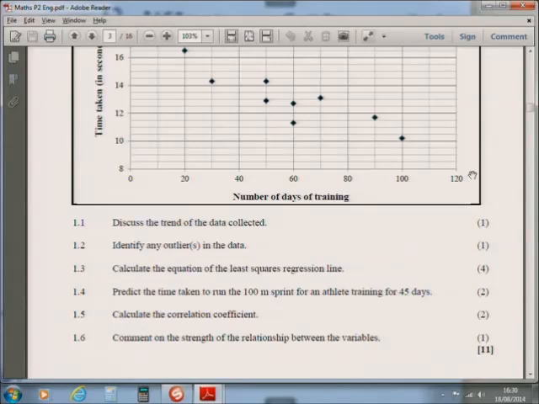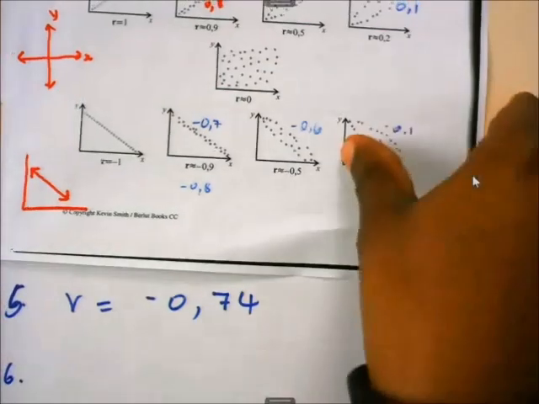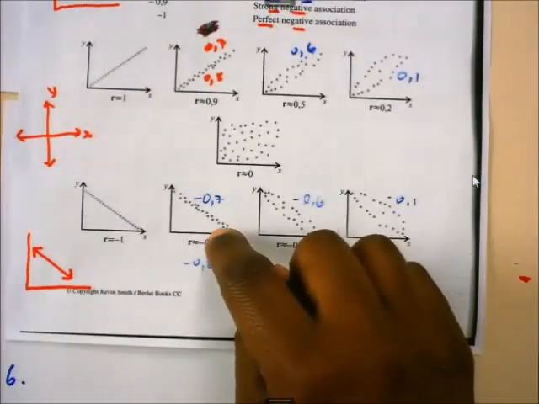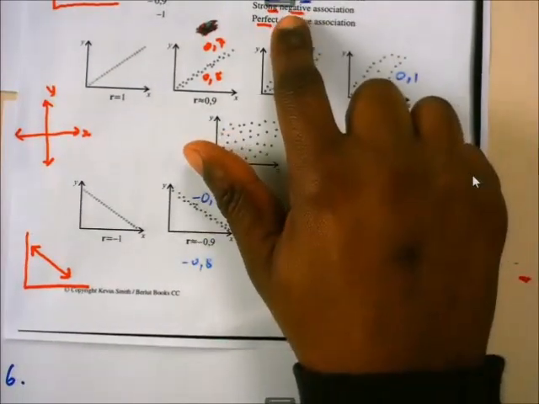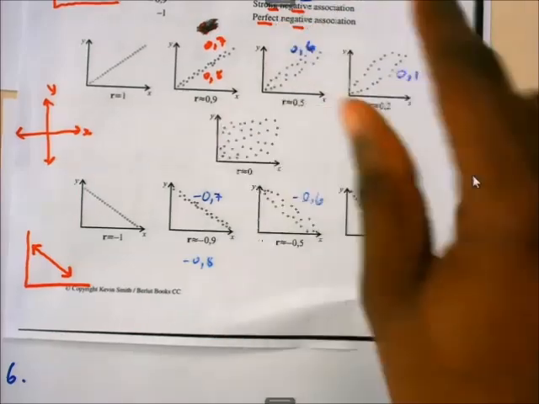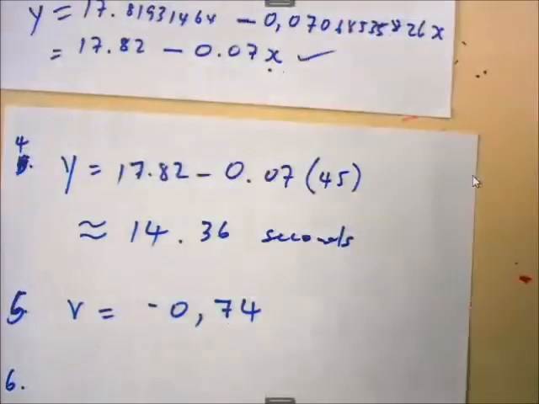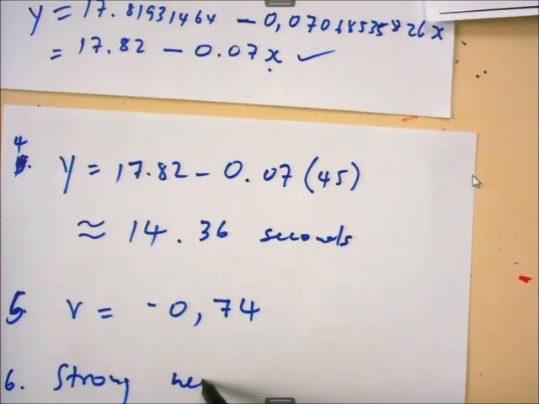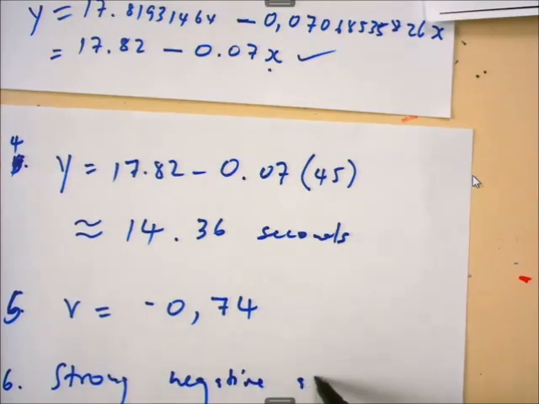Good. Now once it's a negative association, we check on our notes just to make sure. Comment on the strength. Now negative 0.7. Here we are. It's a strong, what? Strong negative association. Are you happy with that? Then we can write there that strong negative association